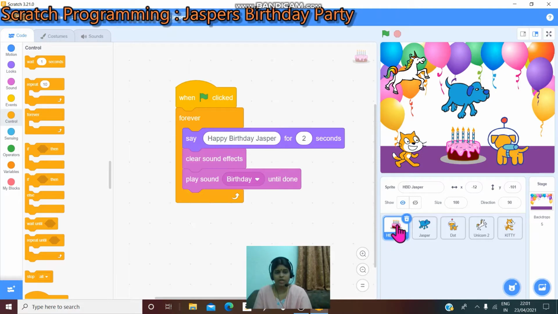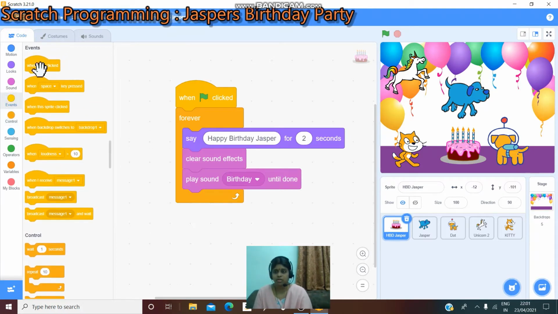First sprite, happy birthday Jasper, birthday cake. Okay children? When we click the events blocks, you can see many blocks in this area. I drag when flag clicked into the scripts area and we gave the command happy birthday or hello or welcome, any other.